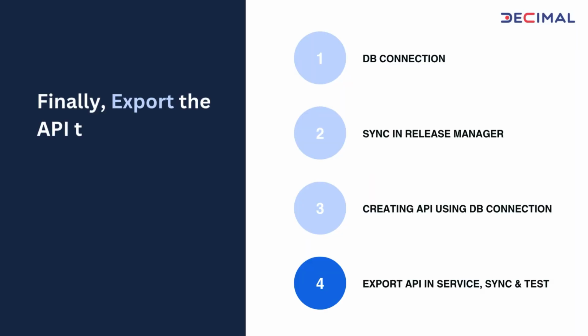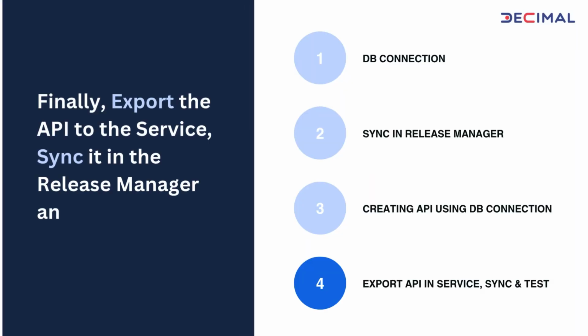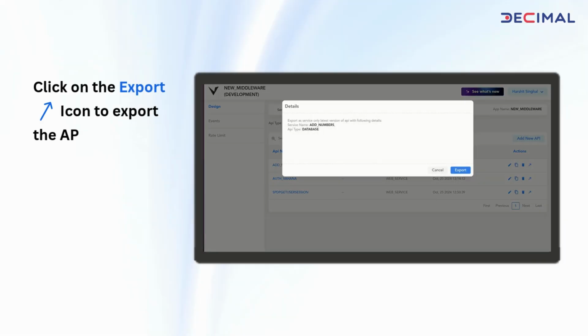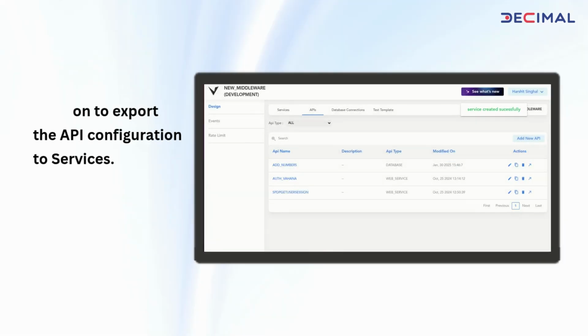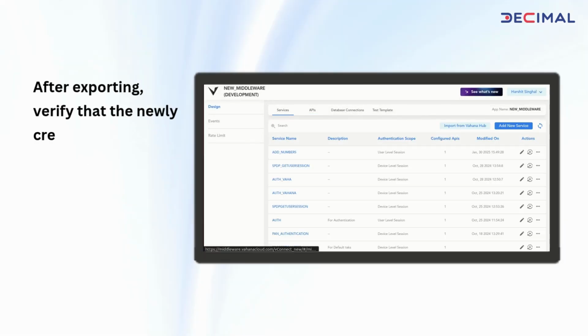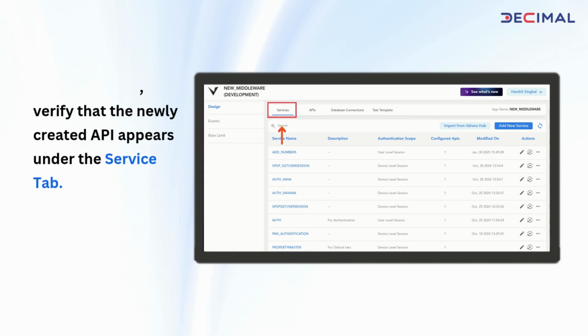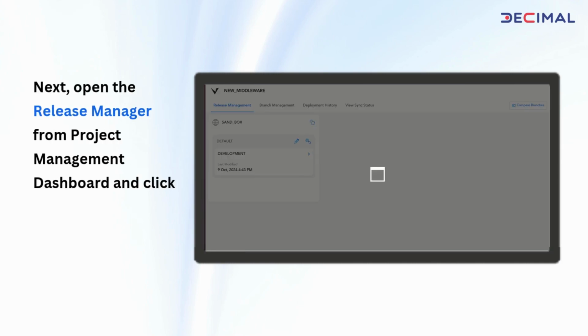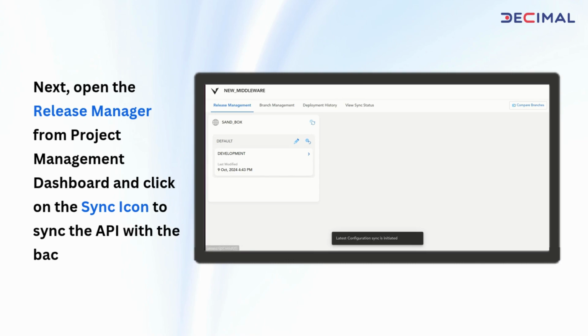Finally, export the API to the service, sync it in the Release Manager, and test it. Click on the export icon to export the API configuration to services. After exporting, verify that the newly created API appears under the Service tab. Next, open the Release Manager from Project Management dashboard and click on the sync icon to sync the API with